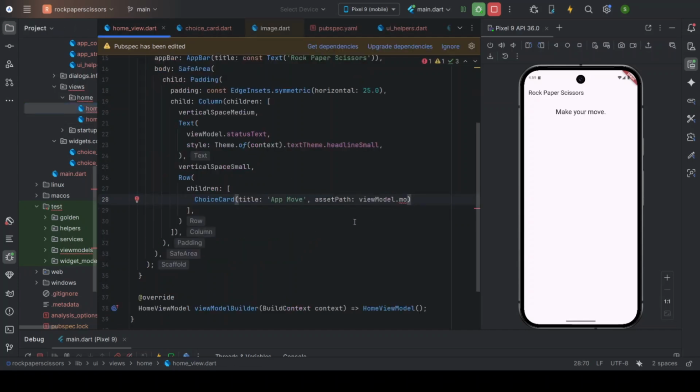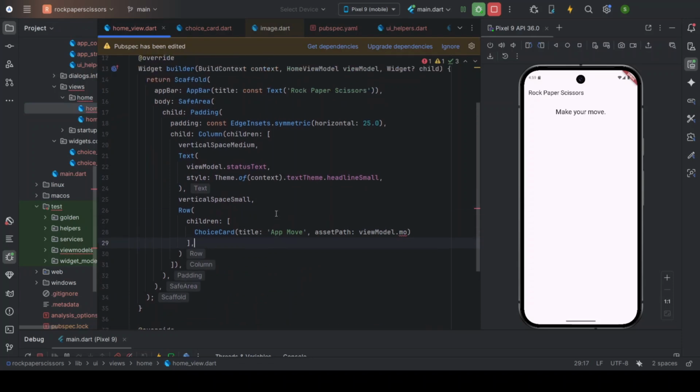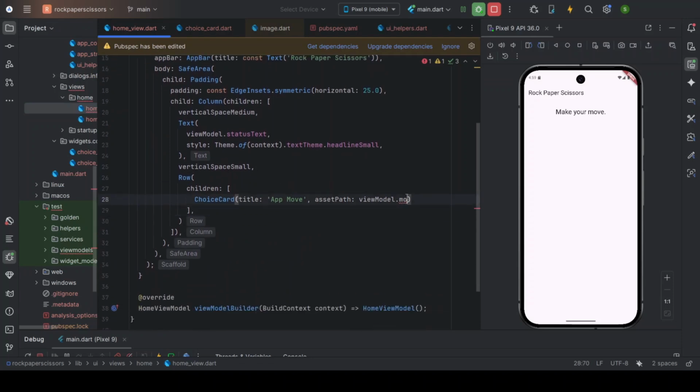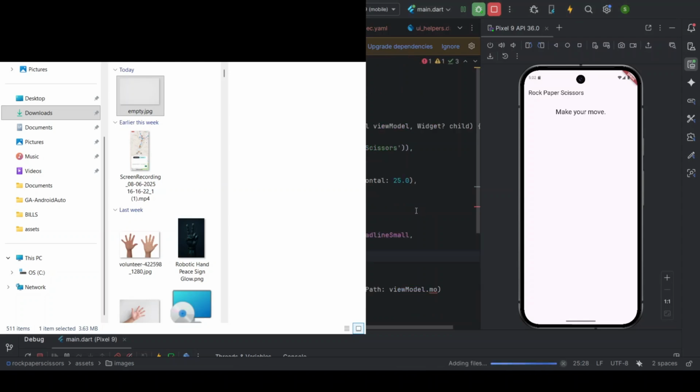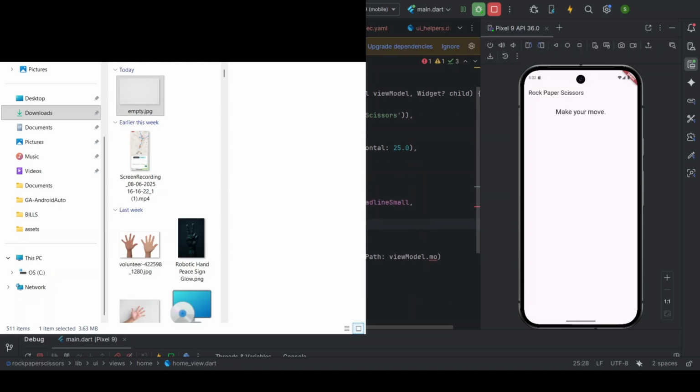And here add one empty image to this assets folder. So what we are going to do is, because initially both the moves are going to be null, so